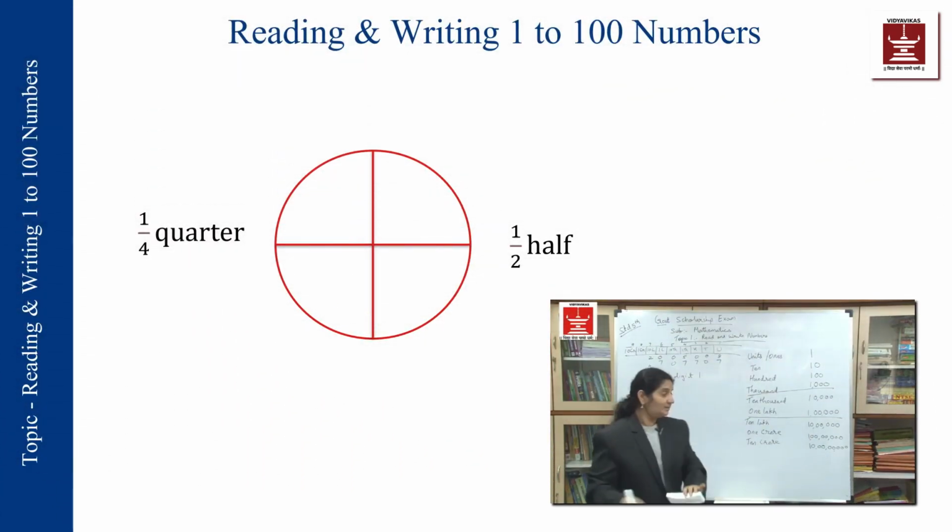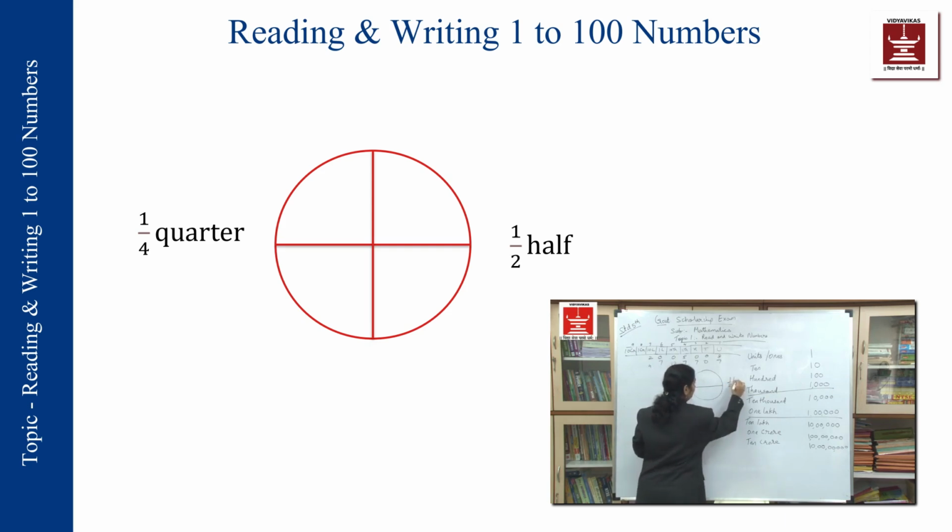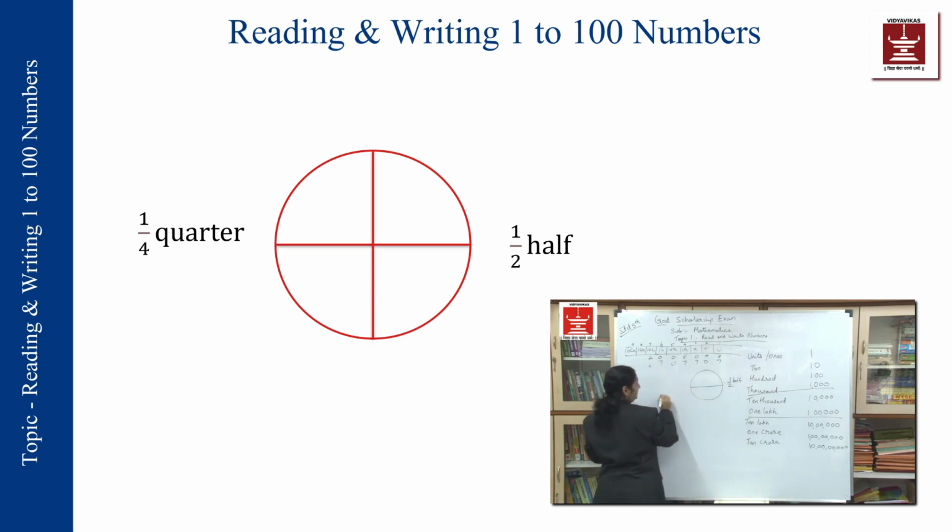We'll go to one more concept, that is half and quarter. We know what we mean by half and what we mean by quarter. If this is the entire circle and I divide it by one single line, we know it is divided into 2 parts, which is called half. When it is divided into 1/2, it becomes half. And the same thing when divided into 4 parts, then each part is 1/4, which is termed as quarter.